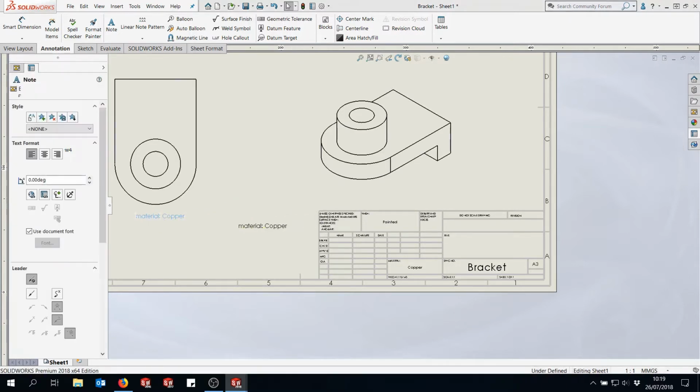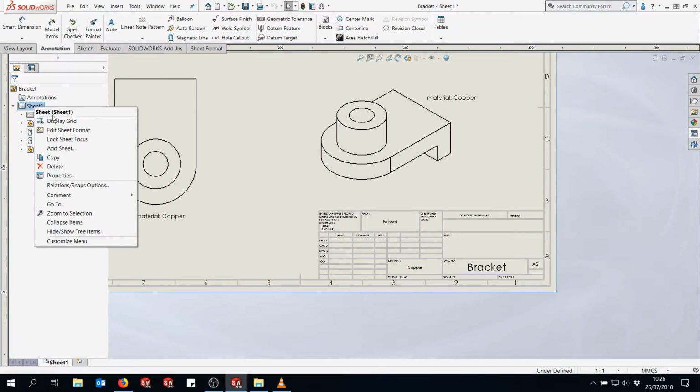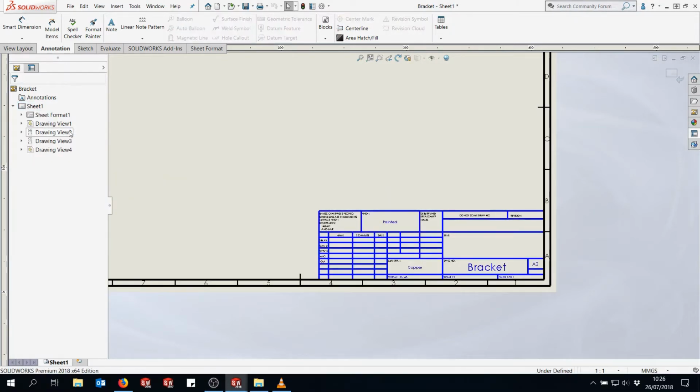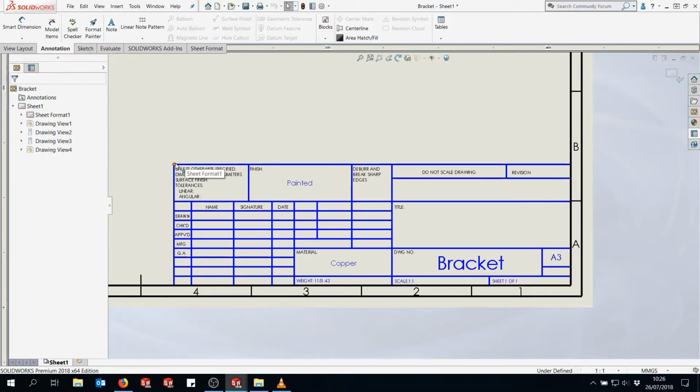Usually these notes that I've applied are ones that you put next to a drawing view. Sometimes people will then wonder, well, how can I put it into my title block instead of just as a note floating around? To add it to your title block, you need to come over to your feature manager, find the sheet that you have active, right click on it and go to edit sheet format. We can now see down in our title block that we've got all of our blue lines representing the outline of our title block, and we've got all of our